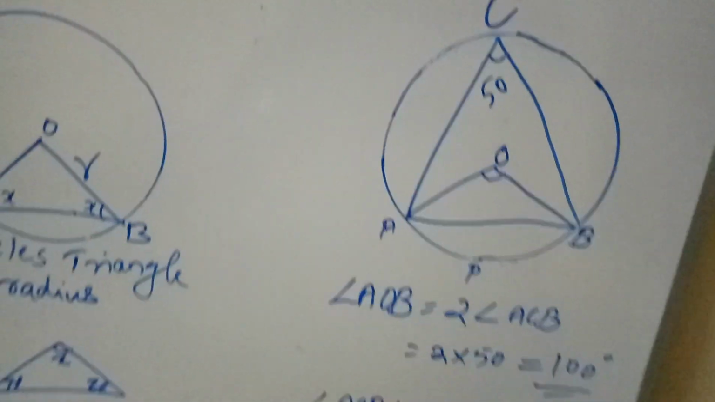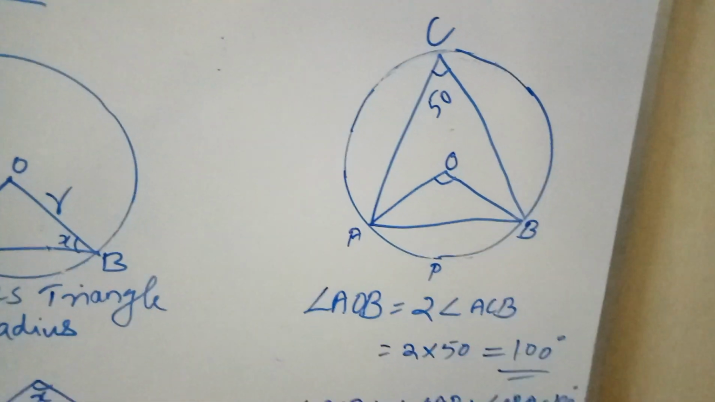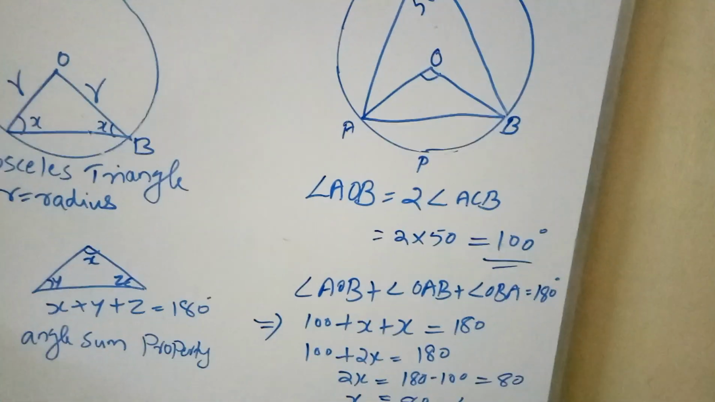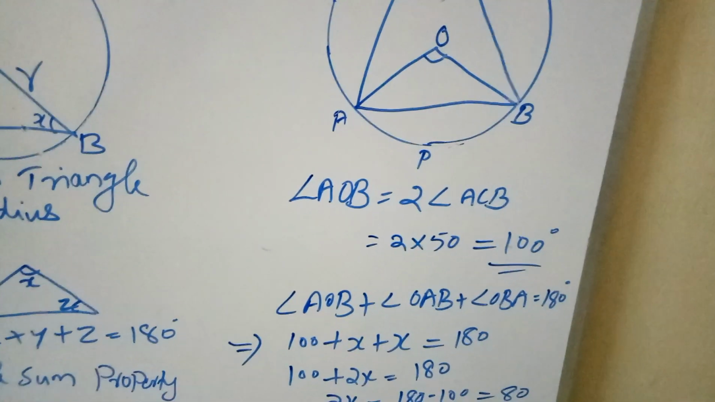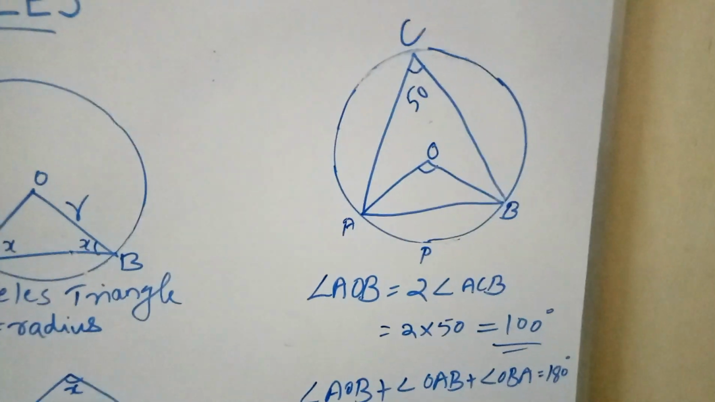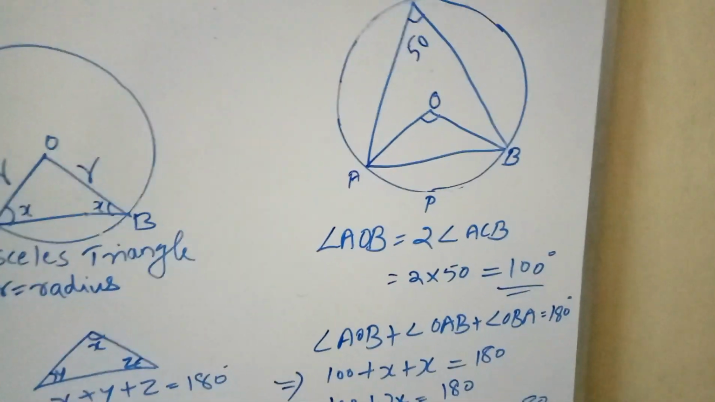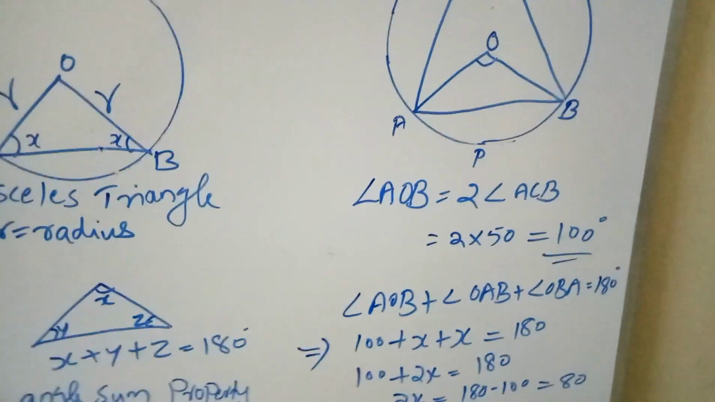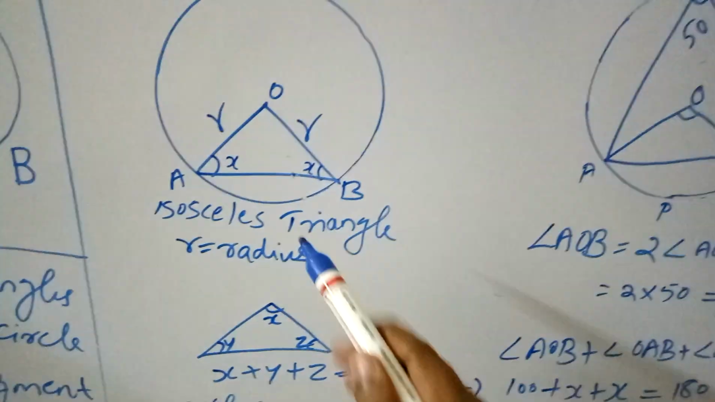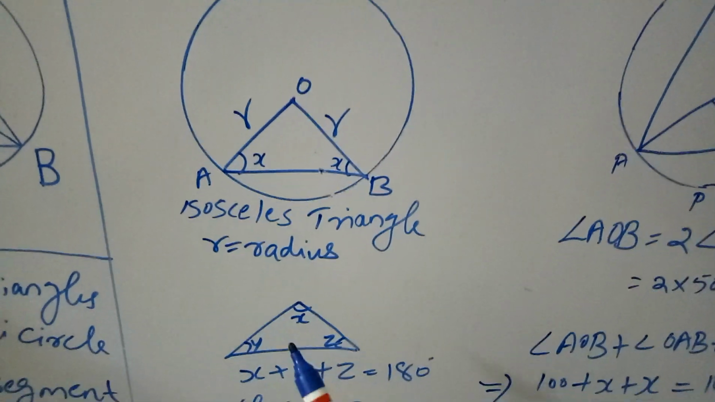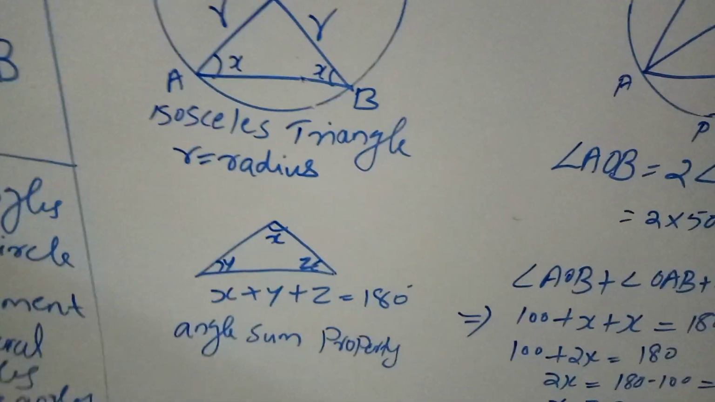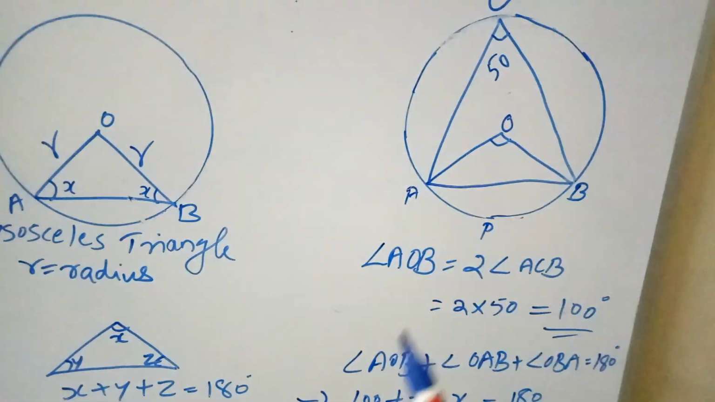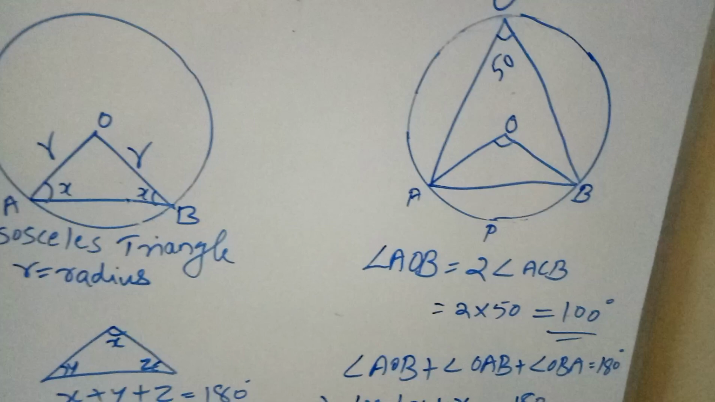So here angle AOB equals twice angle ACB, that is angle AOB equals 2 into angle ACB. Here angle ACB is 50 degrees, so angle AOB equals 2 into 50 equals 100. So when you get this angle AOB, you can get x plus y plus z equals 180, that is the angle sum property. Similarly, when it comes to this triangle, we already said that the base angles are equal